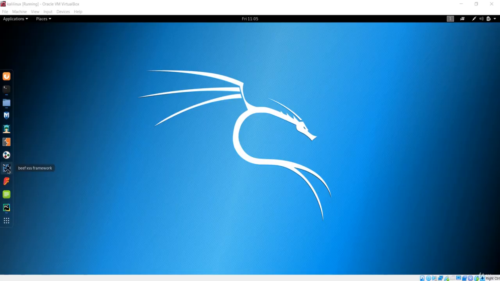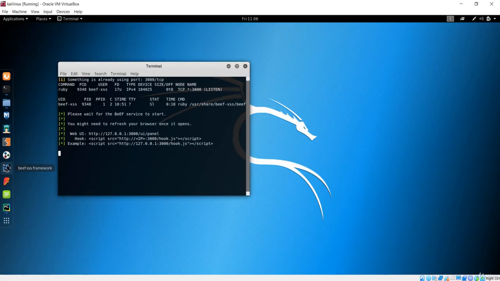So basically what we do is we have this JavaScript hook file that will hook the client browser to our browser, which is the Kali Linux browser. So this is a very important and exciting tool. So let's start. First of all, let me just press here, that is the icon,